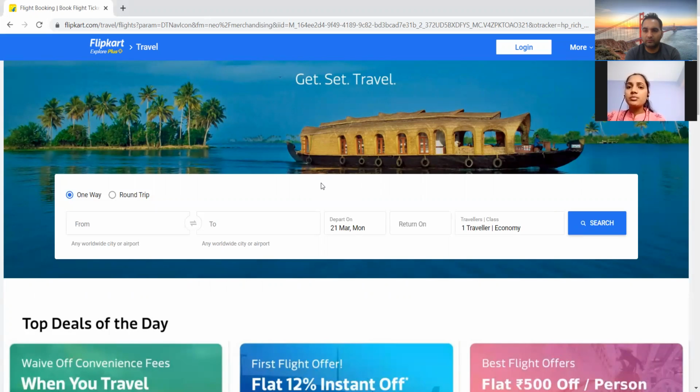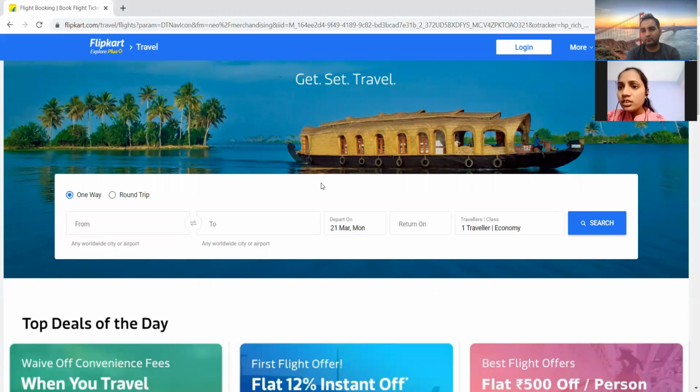After that, I check the from and to options, where it is available, and after that I check departure time and return time also.